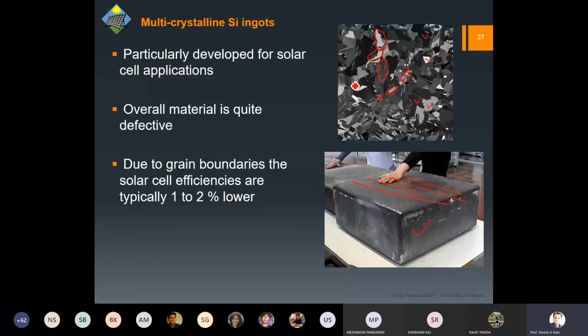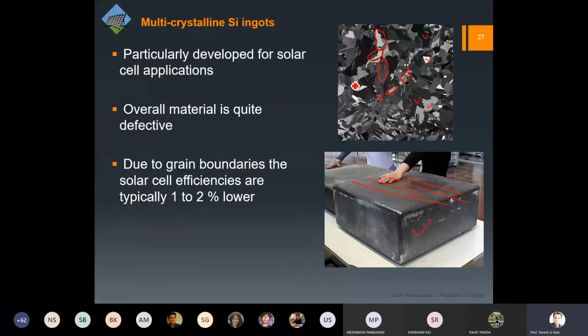Okay, so it is something like a toll booth. Whenever you are on a highway, you are cruising at 100 kilometers per hour, but whenever there is a toll, you have to stop. And at that time the speed is reduced to zero, and you again increase once you leave the booth. So you can think of electrons as the vehicles which are crossing the booth, and the booth is the grain boundary. So obviously there is a loss occurring, and in a solar cell the loss is in the efficiency.